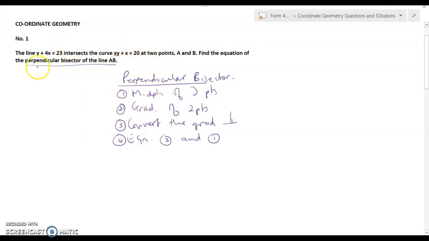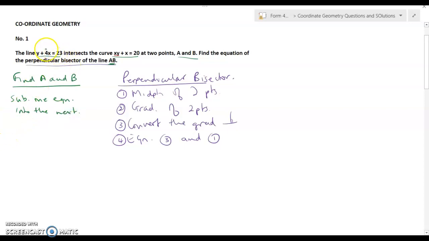have our 2 points? They said find the perpendicular bisector of AB. AB is unknown. AB is actually where this line here and this curve here intersect. So what we need to do is first find AB. So to find A and B, that will take a few steps as well. We have to use simultaneous equations. We need to substitute one equation into the next,